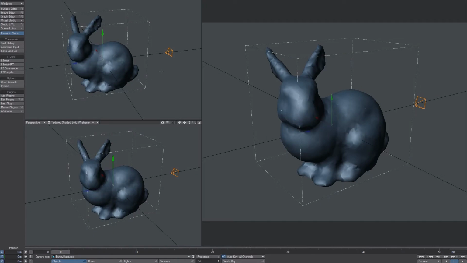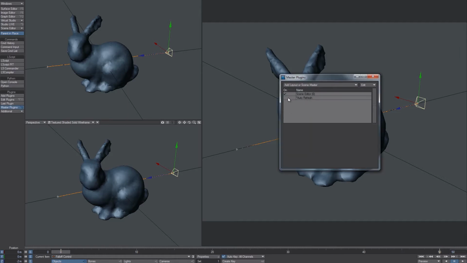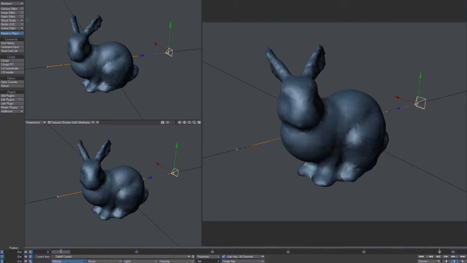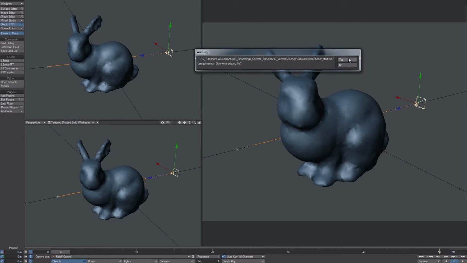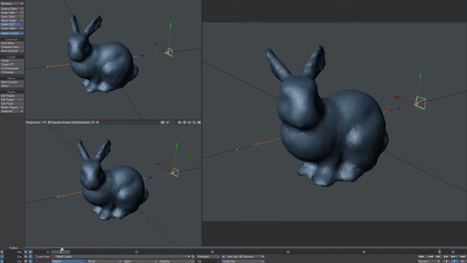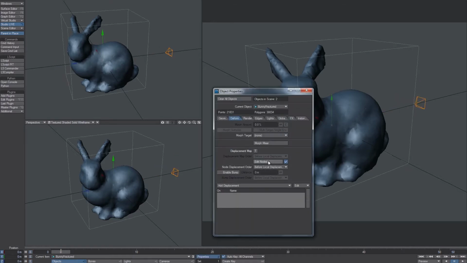So I'm going to have this null, and this null is animated on the z-axis. Let me turn off the auto refresh master plugin. I'm going to use it in the end. It's probably going to be more friendly than the Studio Live, but for now I'm going to keep Studio Live running. And okay, first thing I'm going to do is go into the displacement node editor